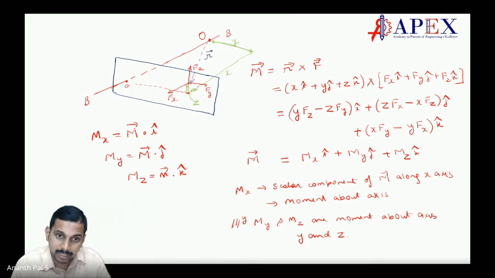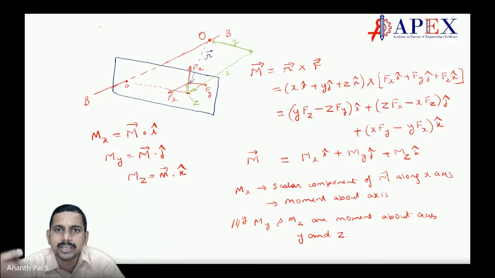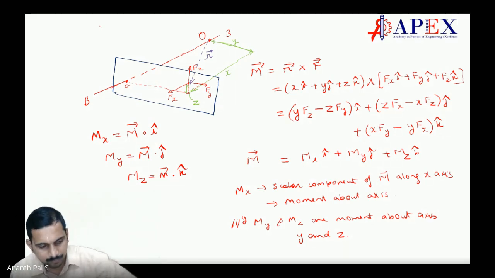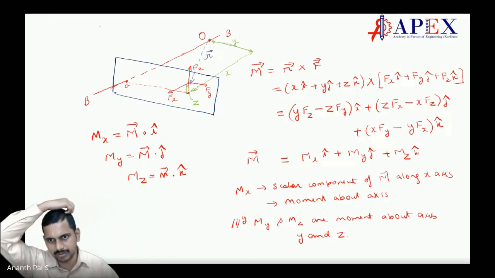Similarly, as I can have it with x, y, and z, I can have it with any axis. I can have the moment of a vector about any axis. Here I have taken along this one, but I could have taken along any axis, say some axis here. I need to know the direction vector. That's it. I can find the moment about that axis. How? We will see. Very important concept, students.